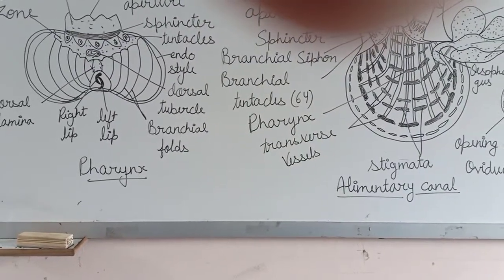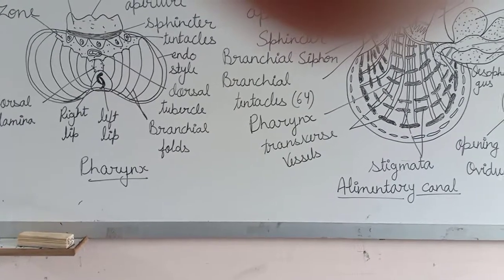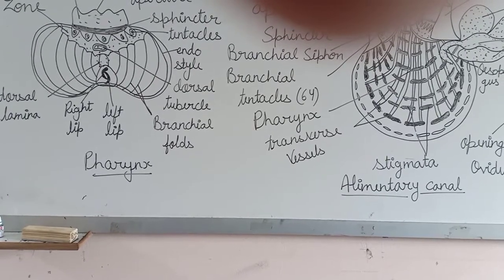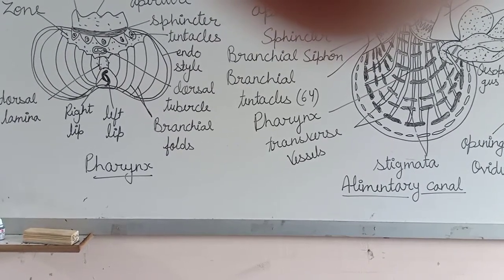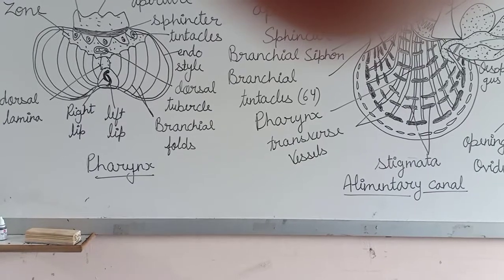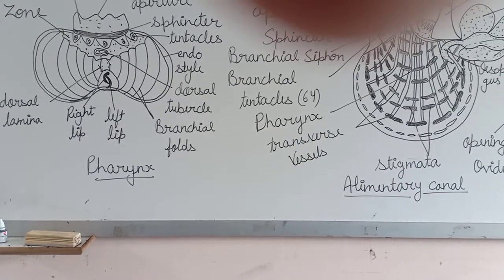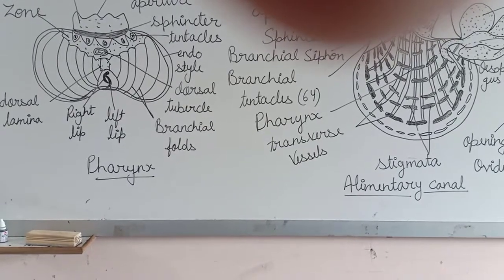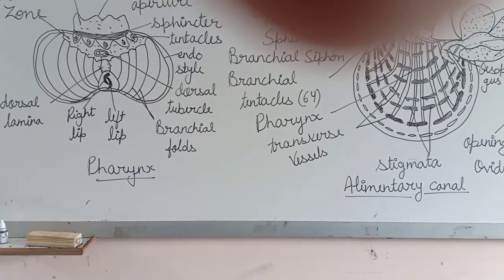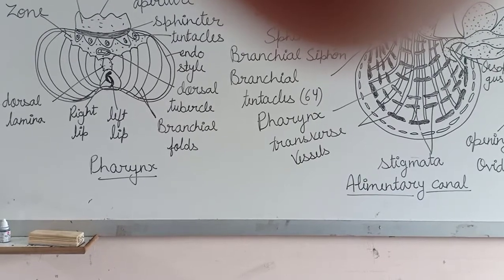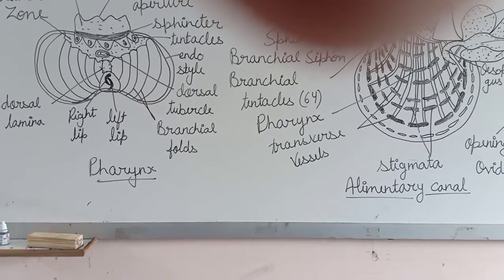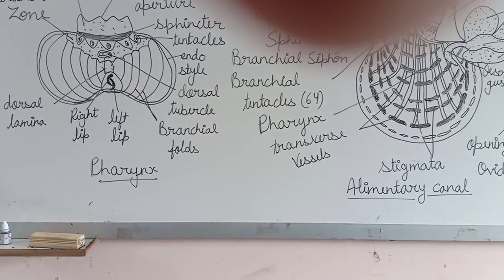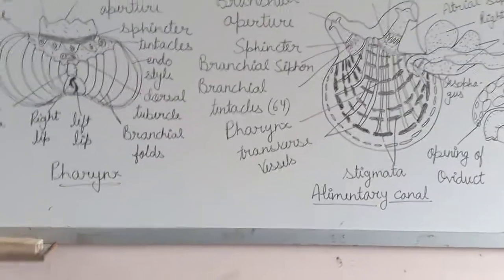Now, the alimentary canal of Herdmania is coiled and complete, beginning at the mouth and terminating at the anus. The following parts help in the digestion of food. First is the mouth. The mouth or branchial aperture opens on the top of the branchial siphon, marking the anterior end of the body. It is bordered by 4 lips or lobes formed by the test and leads into the branchial siphon.